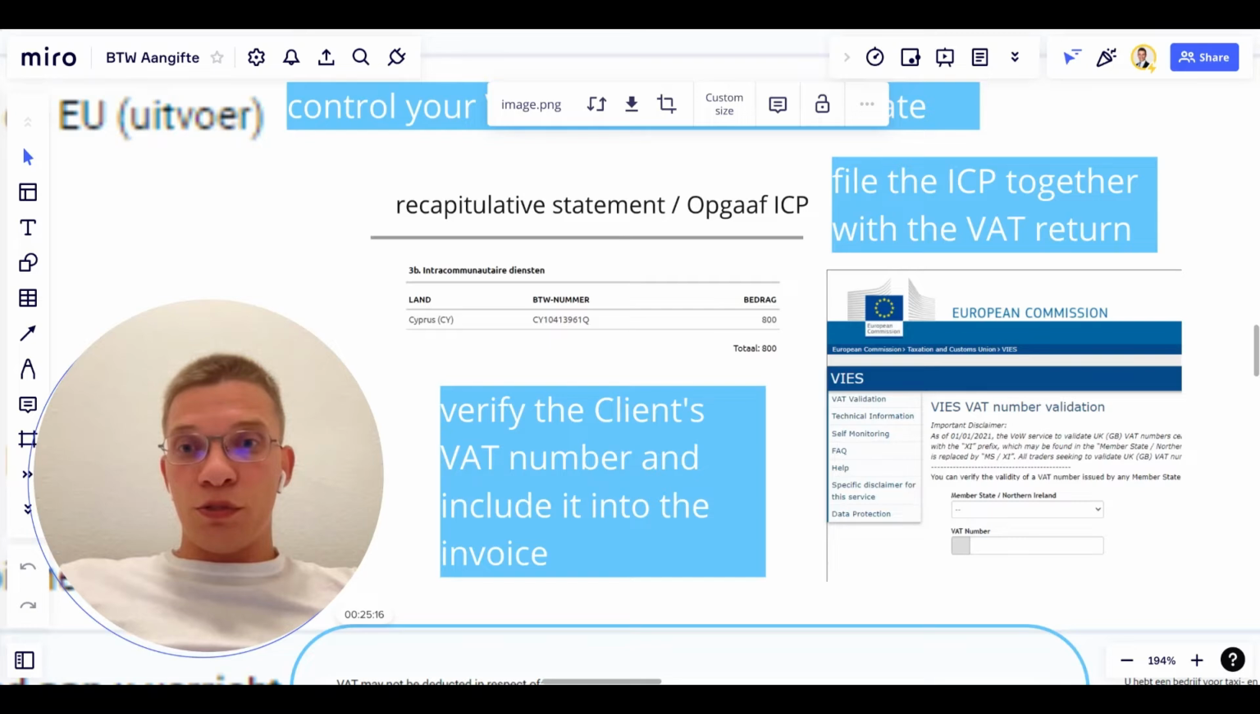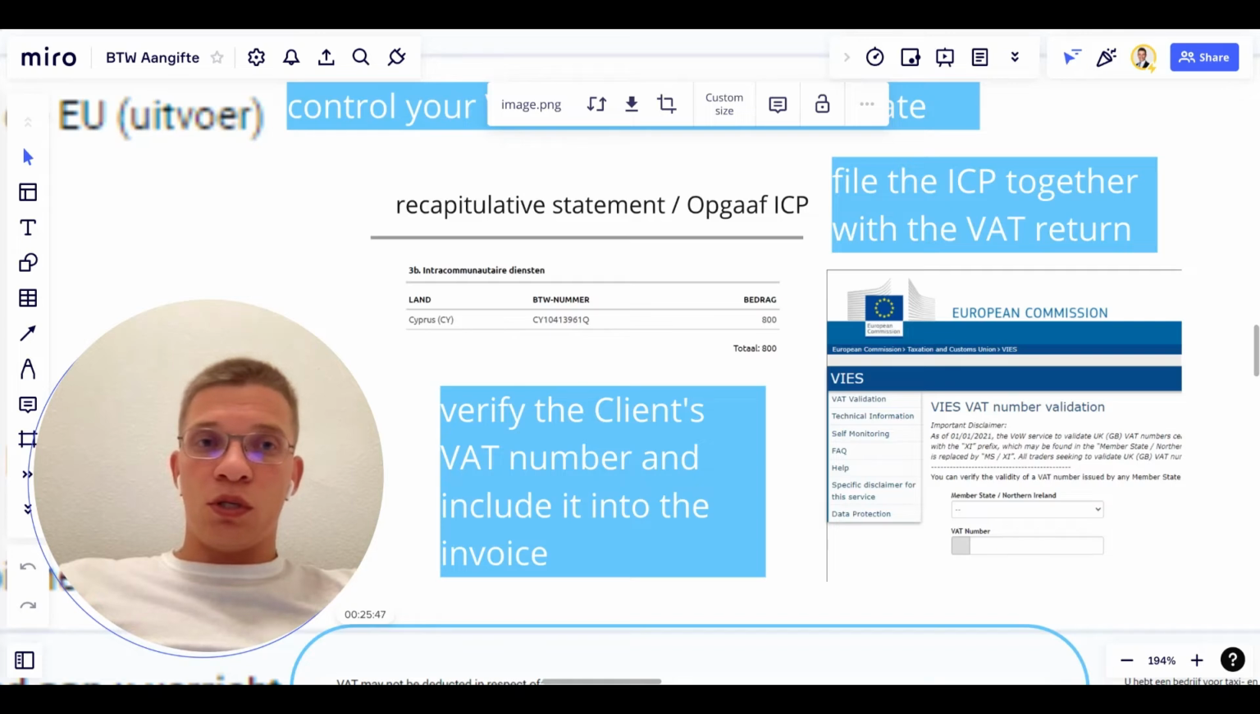What is also important and which can be missed by taxpayers is that in addition to the VAT return, if they provide B2B services to European countries, then together with the VAT return, they have to file the so-called recapitulative statement, or in Dutch, opgave ICP,